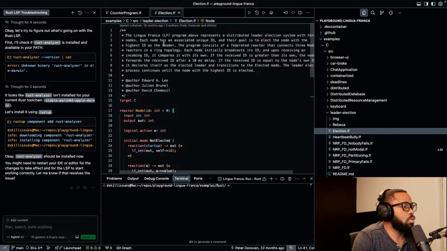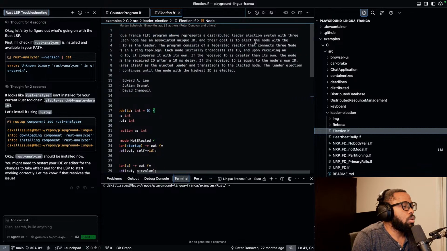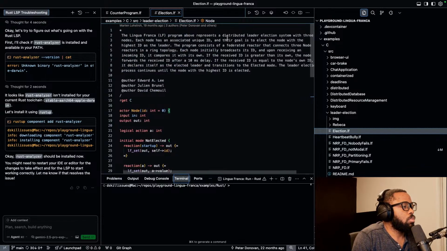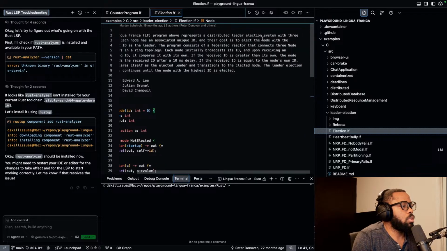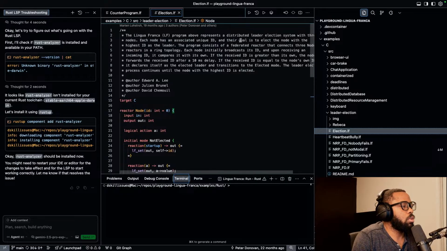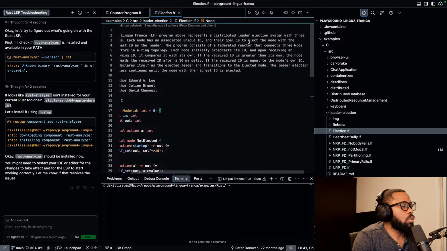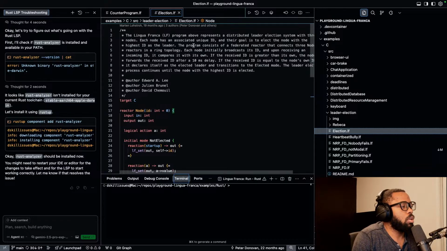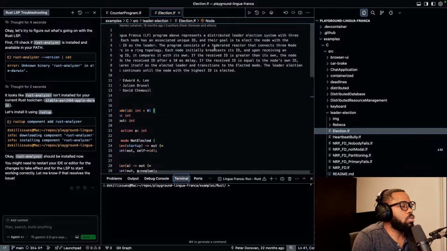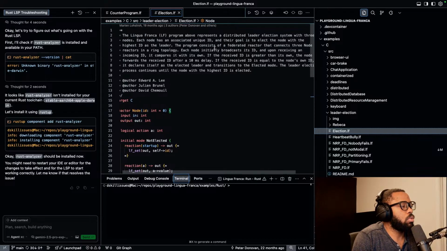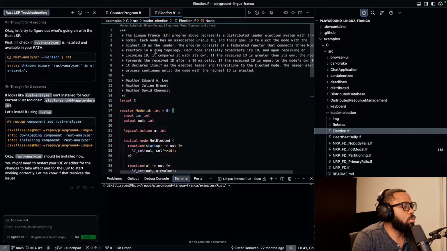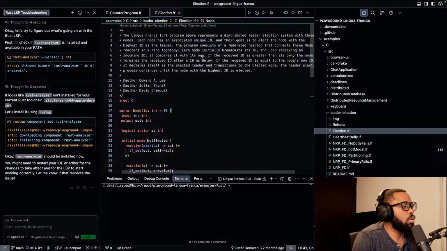Let me see. Okay, Lingua Franca program represents a distributed leader election system with 3 nodes. Each node has an associated unique ID. And the goal is to elect the node with the highest ID as a leader. The program consists of a federated reactor that connects 3 node reactors in a ring topology.